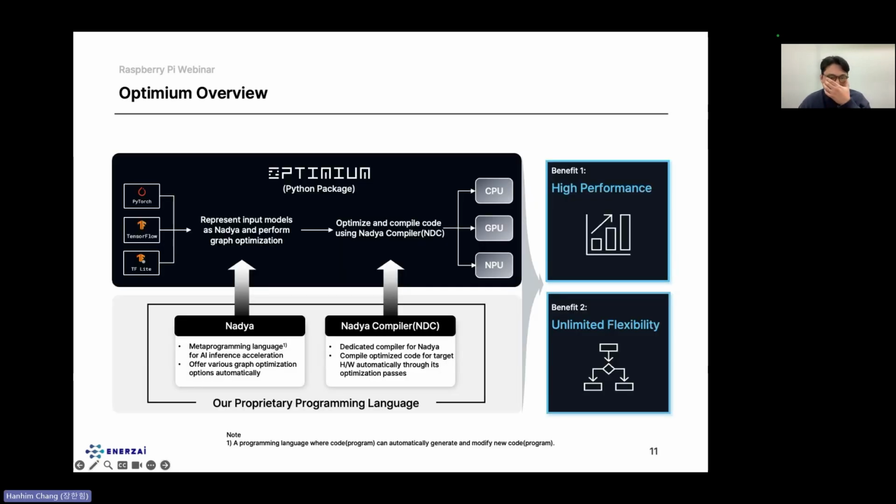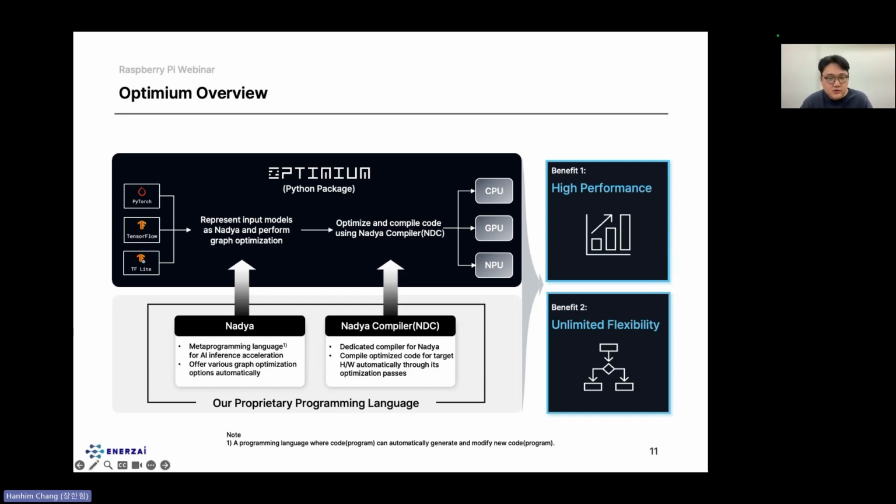However, obviously, there's one inference option which outperforms all the options I've previously mentioned, and it's ENERZAi's one and only Optimium. So to briefly go through the overview of Optimium. Optimium is an AI inference optimization engine, which we've built on top of our proprietary programming language, which we call Nadya.